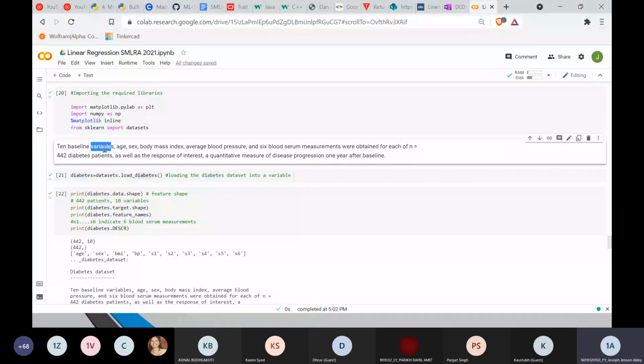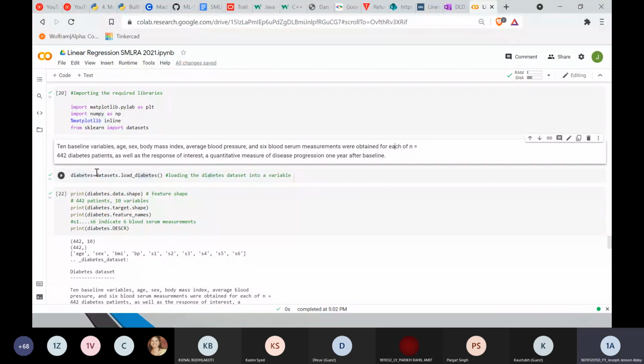We have 10 variables here. So this diabetes depends on 10 variables: age, sex, body mass index, average blood pressure, and 6 blood serum levels. After successfully running this algorithm, suppose you want to find how likely you are to get diabetes. You'll give your age, your sex, your body mass index, so all the x values, and based on this current relation, you're going to predict how likely you are to get diabetes, or what is your likely stage of diabetes.